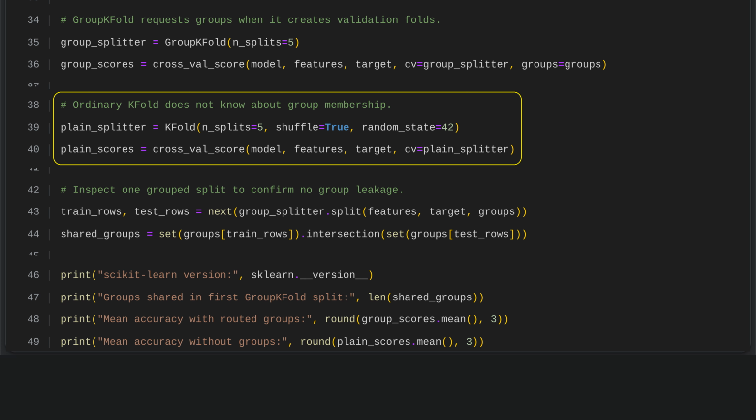A 5-split K-fold cross-validator divides the data into 5 parts, using each part once for testing while training on the rest. Shuffling randomizes the data before splitting, and a fixed random state makes the results reproducible. Cross-validation then evaluates the model across these splits, using the features and target, treating all samples as independent and ignoring